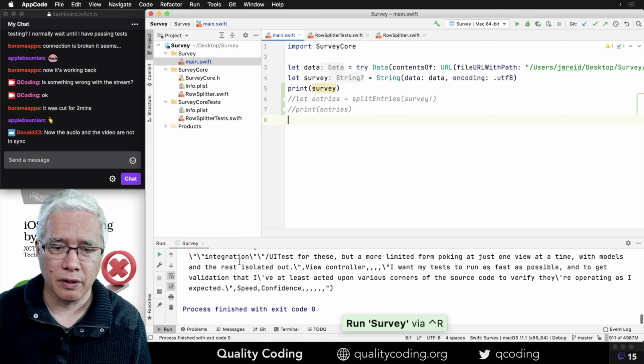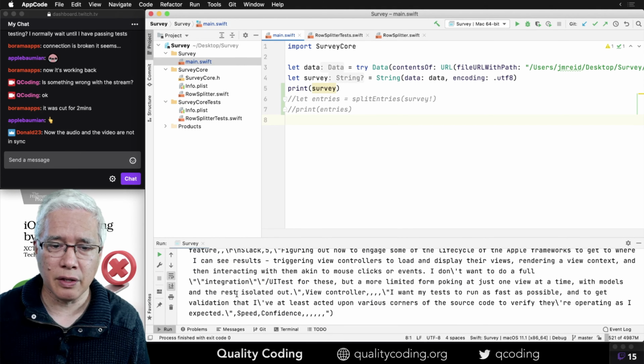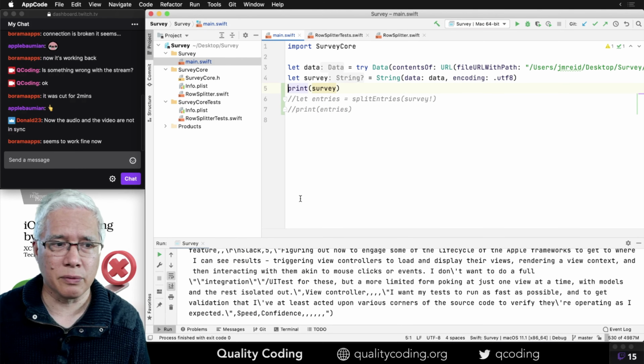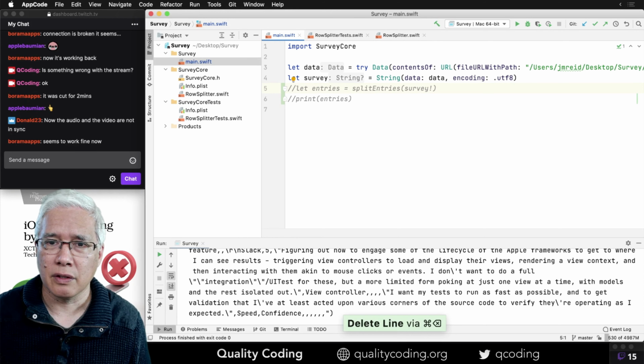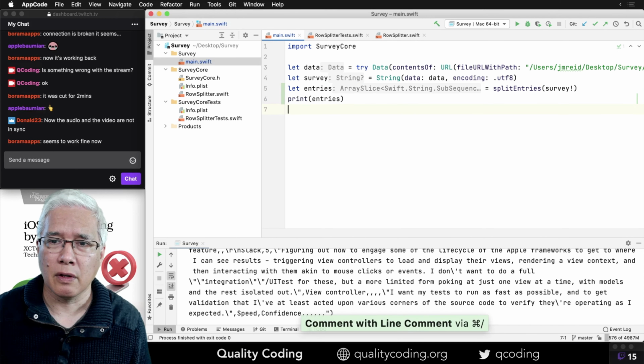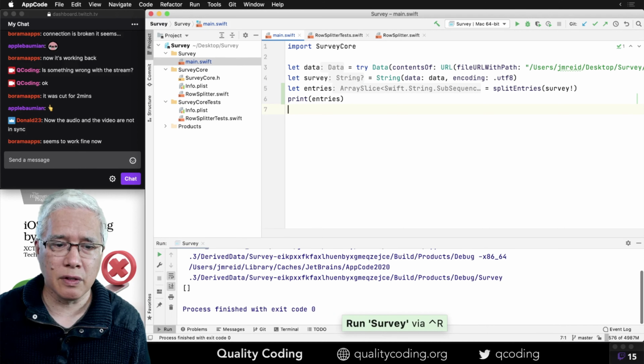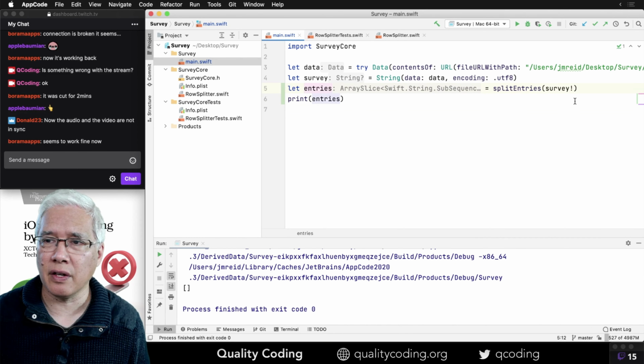So here I get a whole string. I know it works. And so we don't need that. And yet, if I do this, I am getting nothing. An array slice of nothing. What's the deal? I doubt it's anything like that. Doesn't like that. Why?